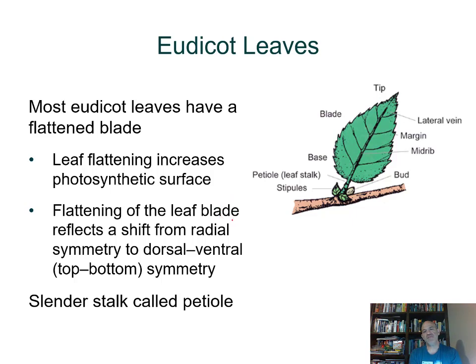So on the image on the right, to help illustrate, you got the blade of your leaf, the petiole, which we mentioned earlier. At the base, you're going to have two structures that grow from there called stipules, and then you're going to have veins within the blade, which is flattened, right? So the leaf basically is specialized for photosynthesis. So if you flatten it down and you face it upward, you have more surface area to do photosynthesis. So the shape of the leaf blade represents a shift, going from radial symmetry, which is just round, to more of a top-bottom symmetry, or a dorsal-ventral. Dorsal would be top, ventral, bottom,